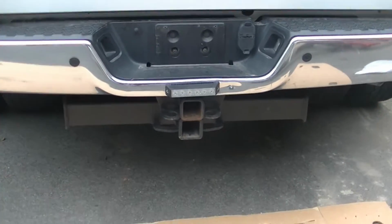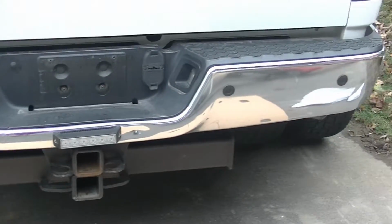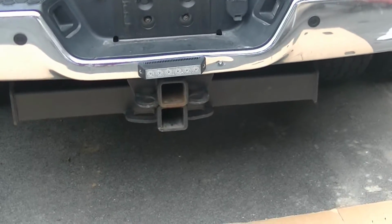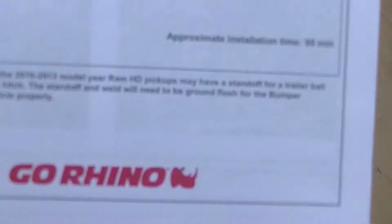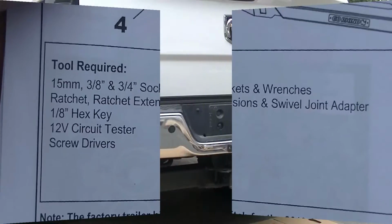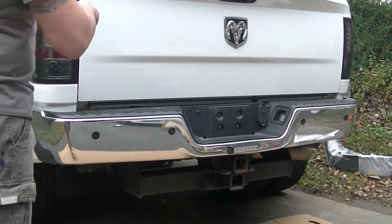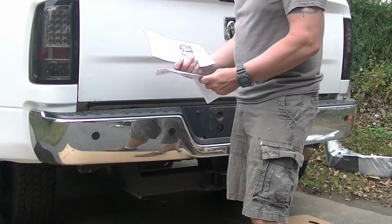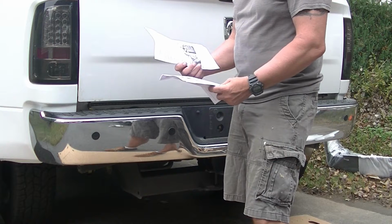Alright, first thing I've got to do is take the old bumper off. There's a pretty good set of instructions on how to do that. It's got a tools list on here. I'm going to just get the tools they suggest. Alright, first thing the directions say to do: disconnect the vehicle batteries, disconnect the wiring harness for the trailer plug, disconnect the